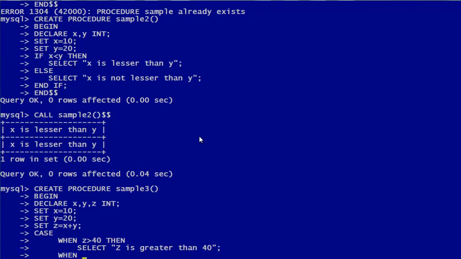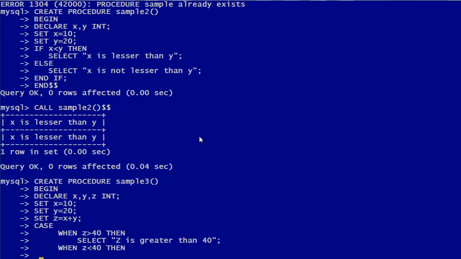Again when z is less than 40, then select z is lesser than 40,